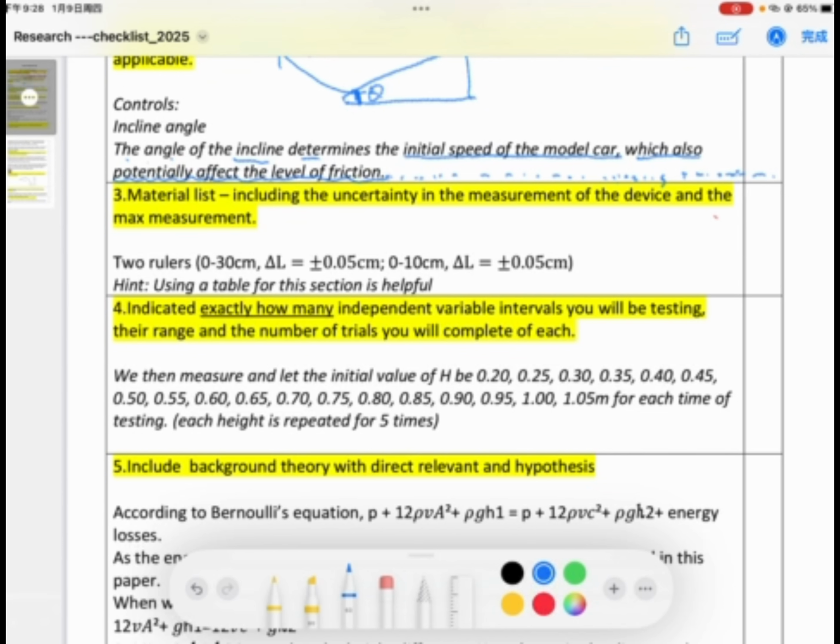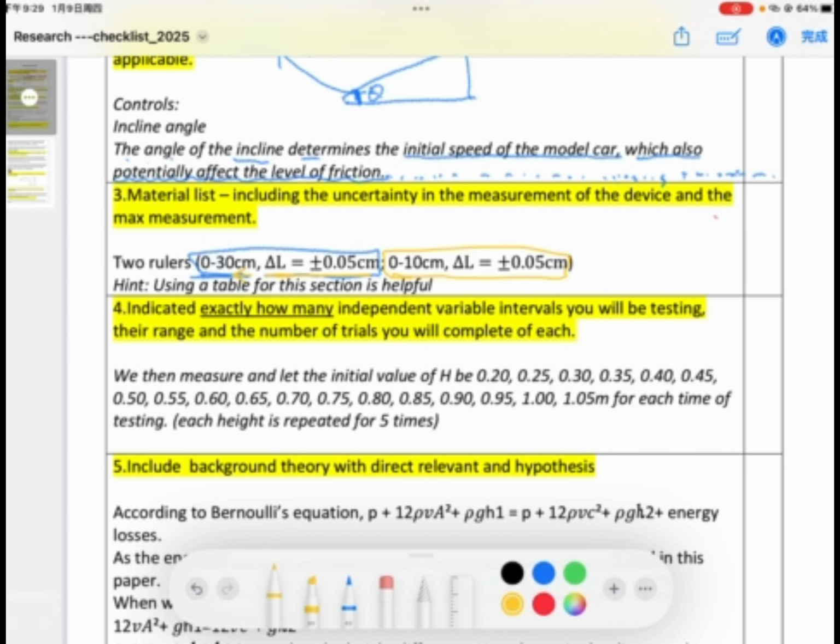This is just something that you should have done, but I will add some details on the things you need to pay more attention to. Very often, when you state your device, a lot of you just state the material but miss the range and uncertainty. If you're using 2 rulers, this is ruler 1, and this would be the differences on the 2 rulers or the same ruler, whatever measuring device it is, you need to indicate the range,